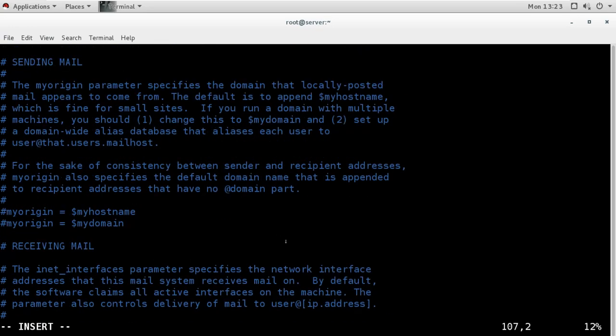Now when we set these two variables, they will be used in the whole configuration file. For example, here we will enable these two lines also. We will uncomment line numbers 98 and 99. This defines myorigin, and for myorigin I am using the variable myhostname, that means server.example.com, and also mydomain, that means example.com. It is to define the source email address.